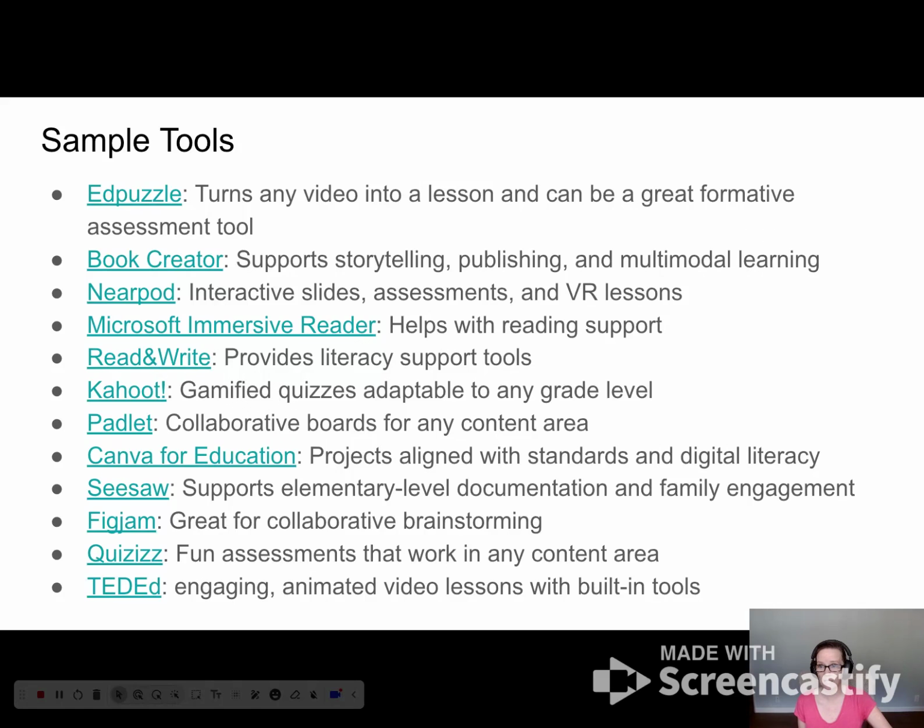As you look at each of these, I have linked their name to the website. Some of them you have to sign up for. They're all free. They might have extensions that cost money, but in the beginning they are free. So play around with these tools. Like I've said before,